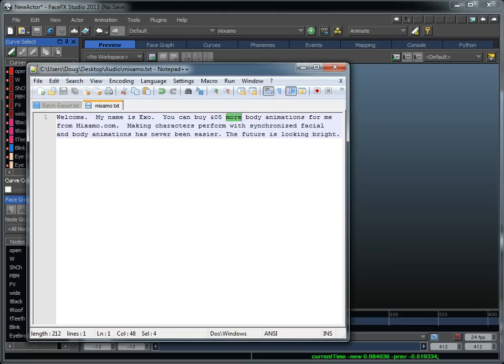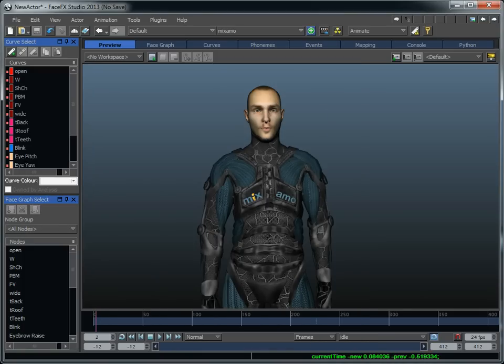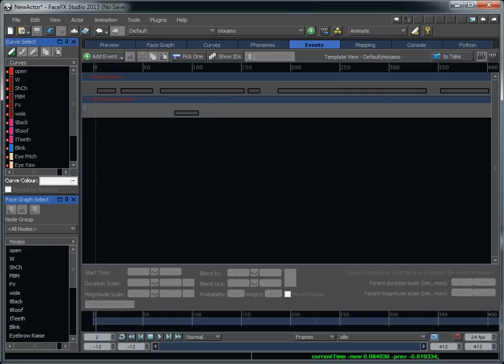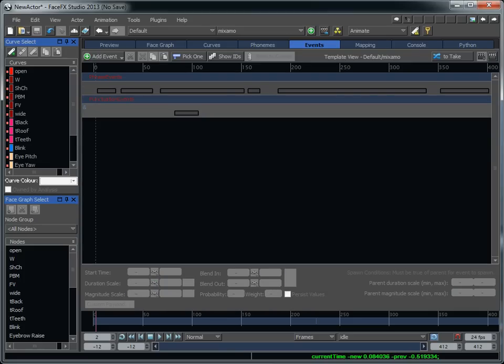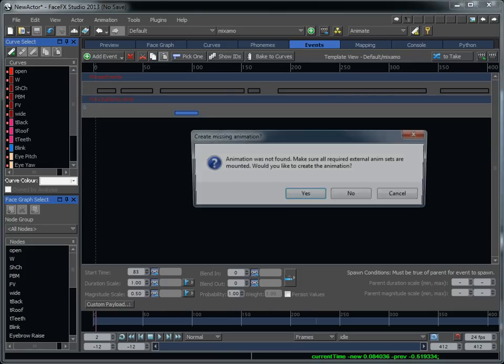Now when he says more, we want him to perform this animation, and the 05 is going to signify that we want it at half strength. Now we should see that event in here, this ampersand animation at that time. It automatically put it at the right time, and you can see the 0.5 magnitude scale got imported in. Now we just have to tell it what to do with this ampersand animation. We're going to double click on it,